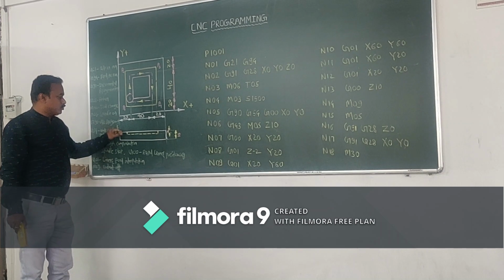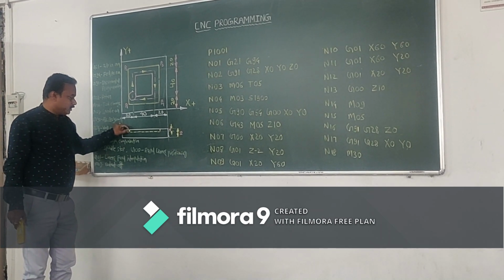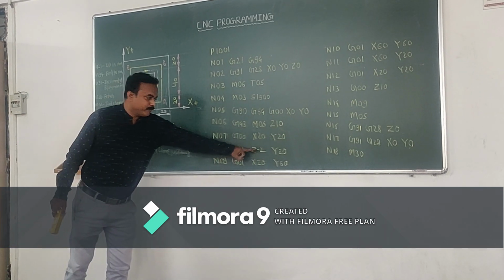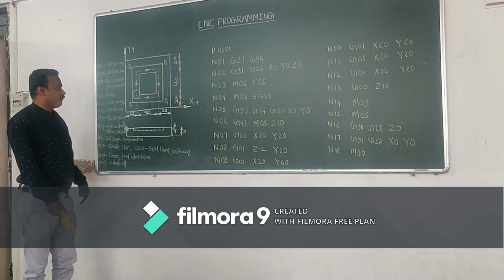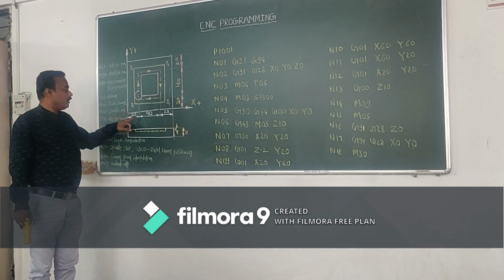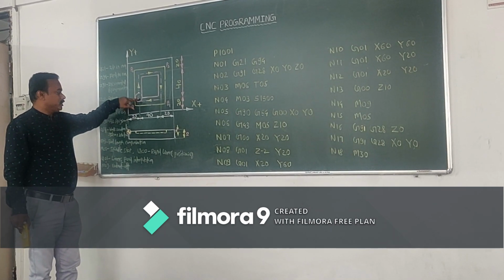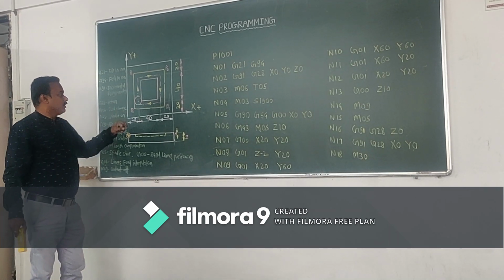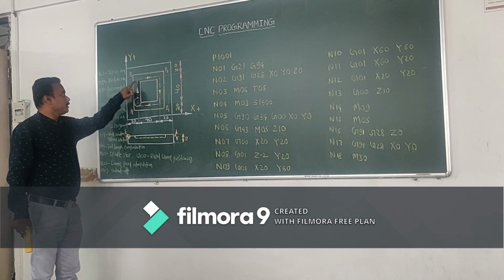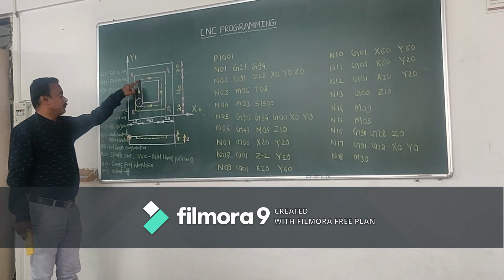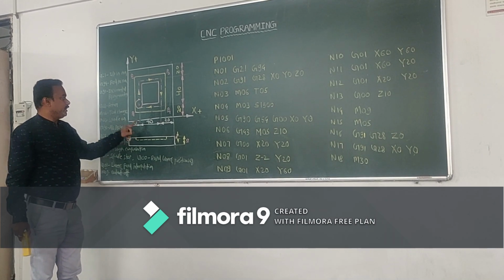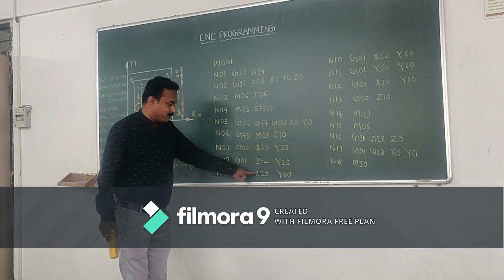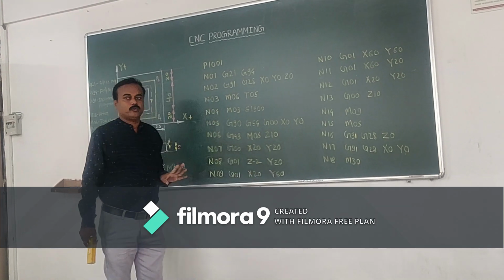Now your target is to groove having the depth equal to Z 2 millimeter, that is below. Therefore your specification is Z-2 and Y20. So Y20 in the sense here is the position of the tool. From that you are going to start the operation. Now next position, this position. For that position the specification is X is equal to 20 and Y is equal to how much? This 20 plus 40, that is 60. So next specification X is equal to 20 and Y is equal to 60.